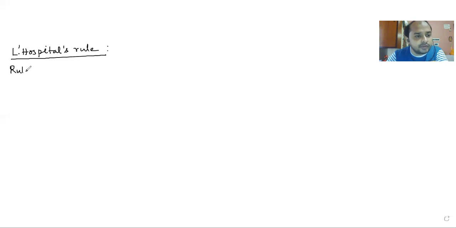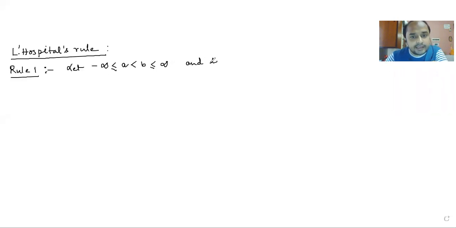Let's continue what I actually started in my previous class, but I could not complete. That is L'Hospital's rule. First of all, I am going to write the rules. The rule one is: let minus infinity less than or equal to a less than b less than or equal to infinity,